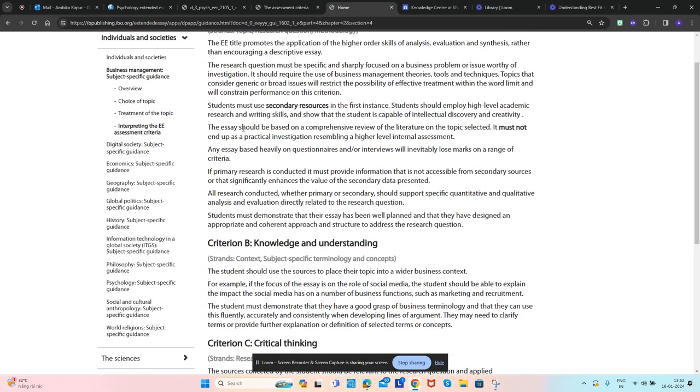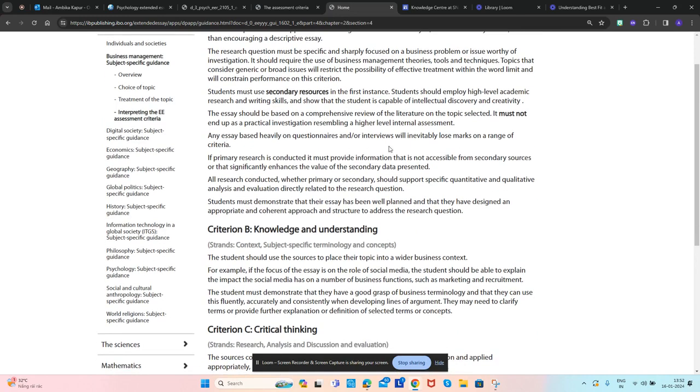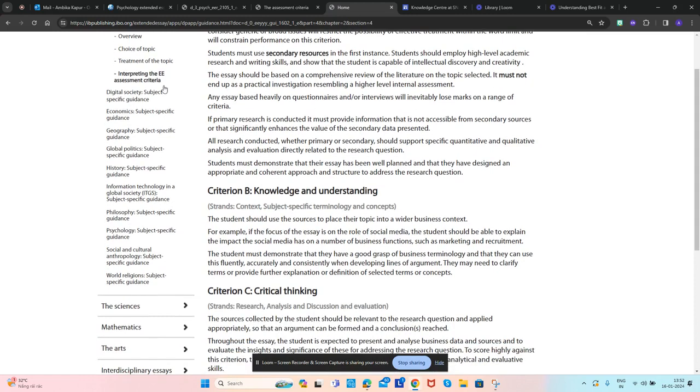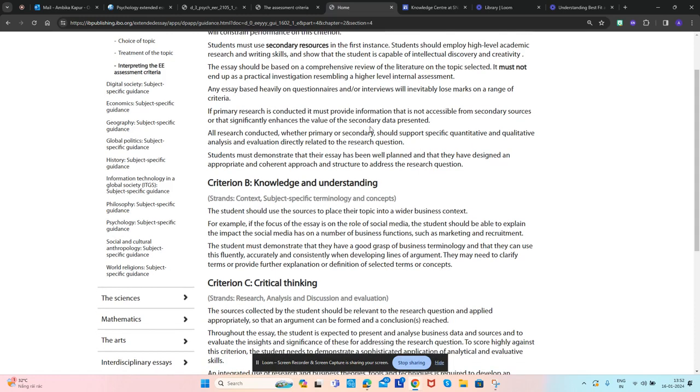secondary resources. Also, an essay which is based heavily on questionnaires and interviews might lose marks on the range of criteria. So if only primary research is conducted, it must provide information that is not accessible from secondary sources, and that significantly enhances the value of